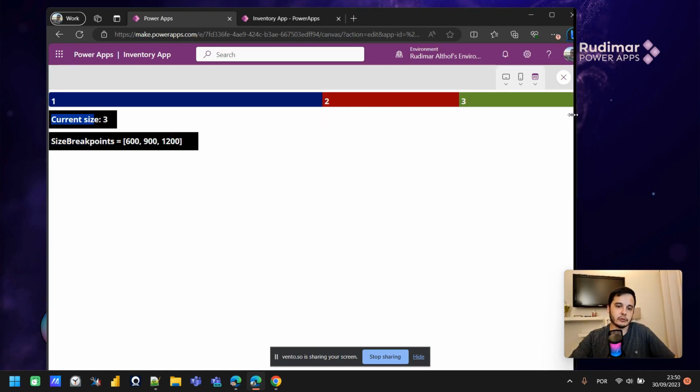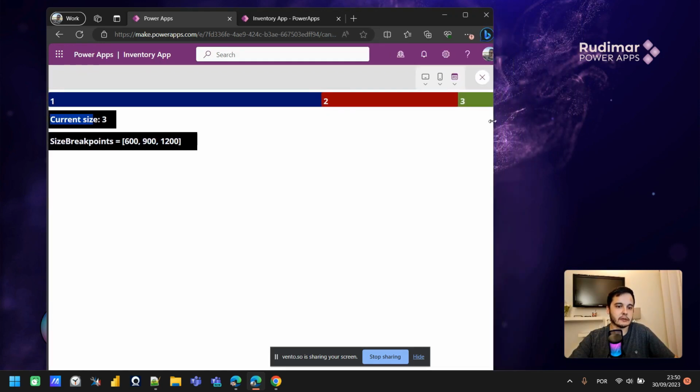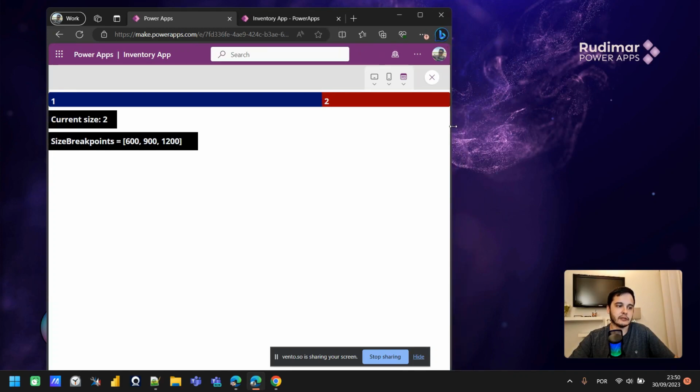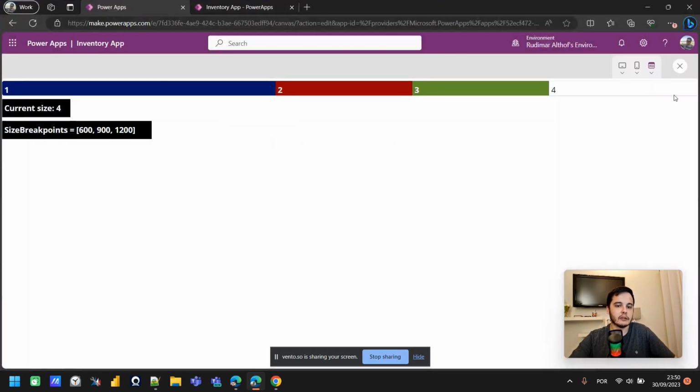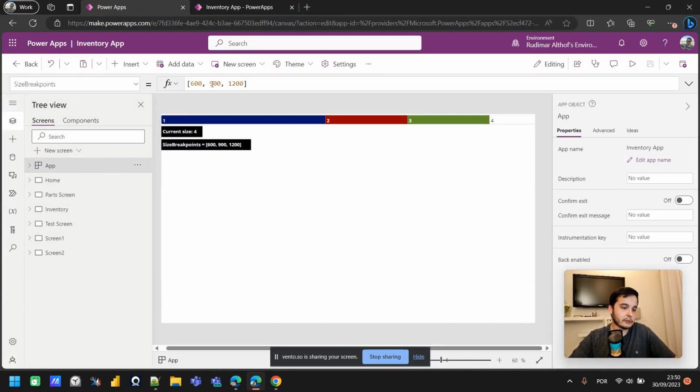If I keep making it narrow, we will reach the red area, so current size is 2. If I go to the app properties and change it, it will change how the app behaves and how it recognizes the different sizes. This is the default, but I could have changed it to, let's say,